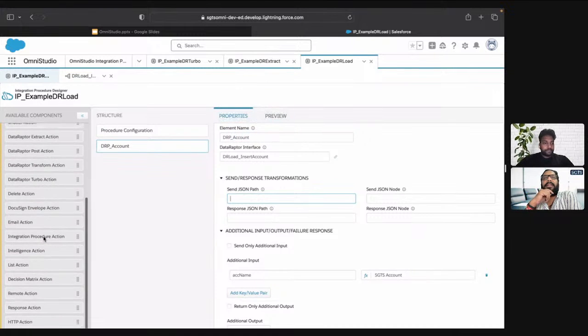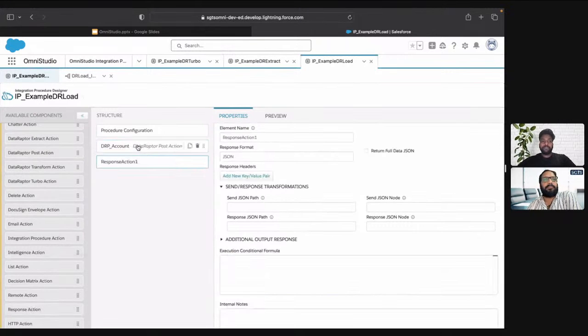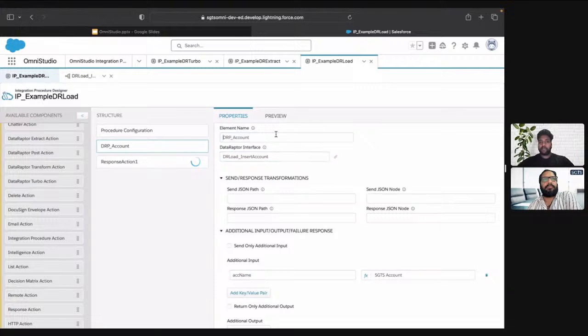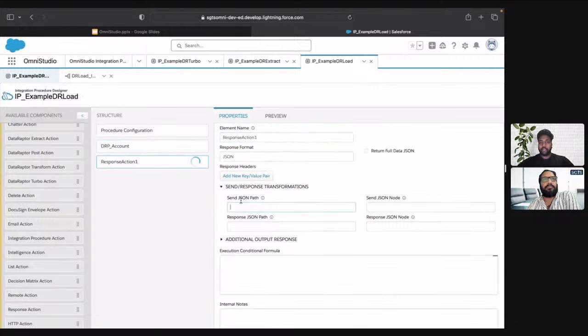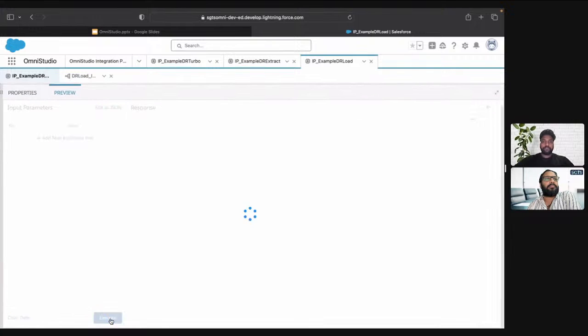And this ACC name should be the same as it is available in the data raptor, right? Yeah, this one, yes. Okay. And whatever this data raptor post is giving us, I want as the output. And if I go to preview and execute,